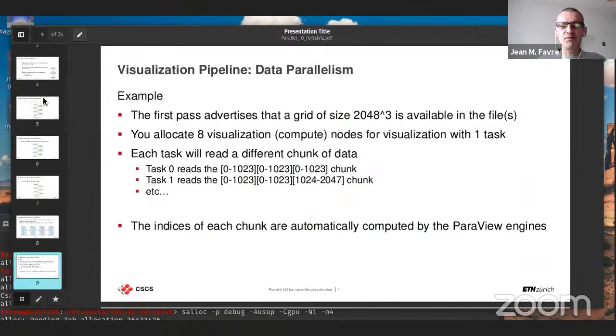So there's the example that I was mentioning earlier. The very first pass would advertise that a grid of 2000 cube is available. The second pass would say, okay, I have 8 compute nodes available with one task. I divide the global scene by 8, and each chunk is a chunk of 1024 cube, and each task will read those data